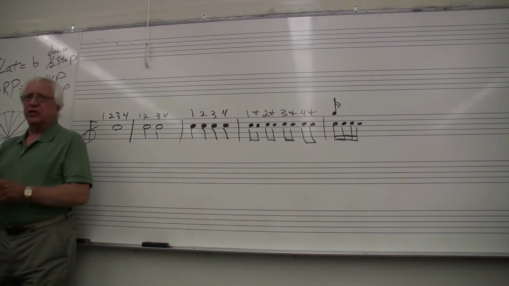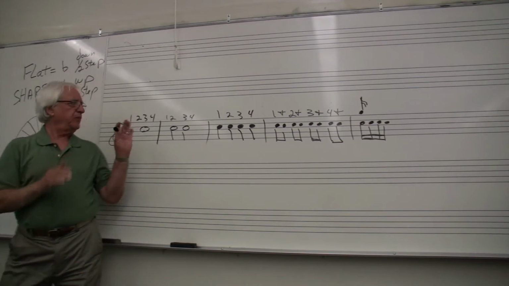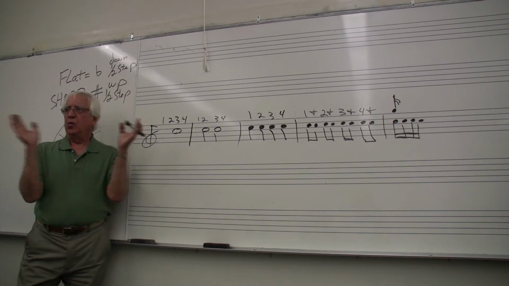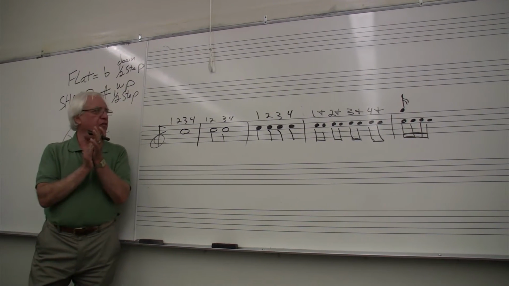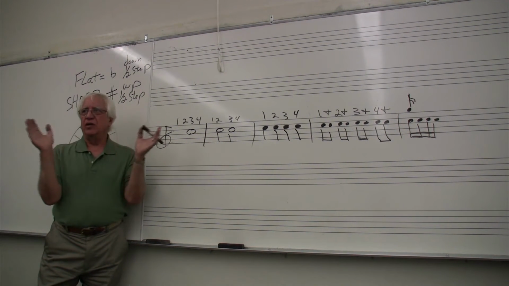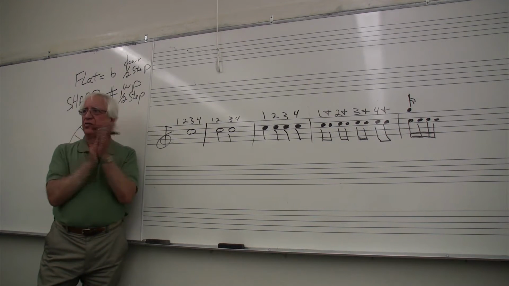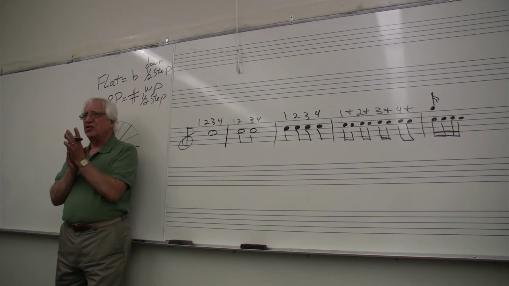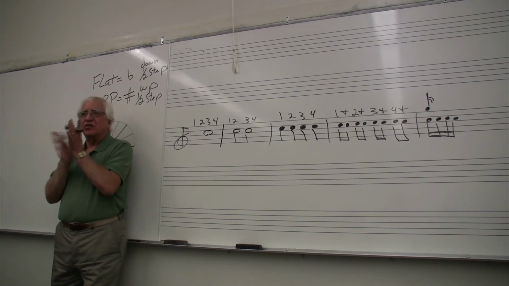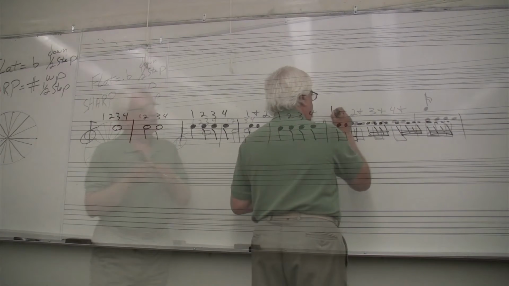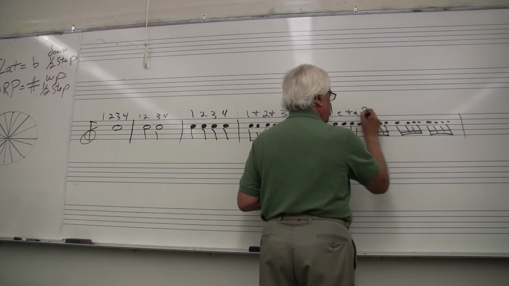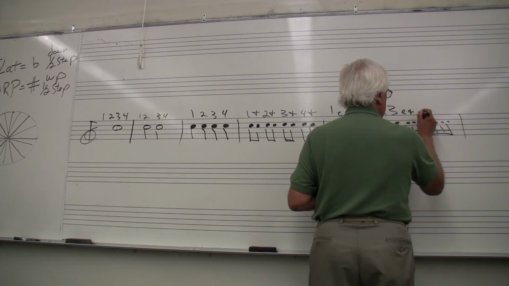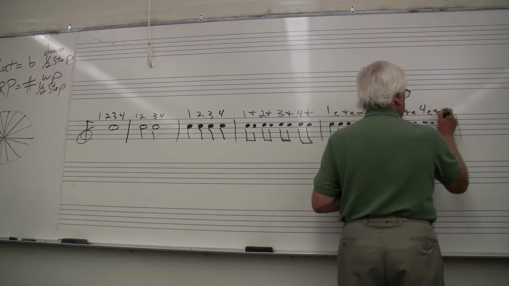So if I was counting and trying to read this, I would read this like this. 1, 2, 3, 4. 1, 2, 3, 4. 1, 2, 3, 4. 1 and 2 and 3 and 4. That would be the 16th notes. 1 E and a 2 E and a 3 E and a 4 E and a 1 E and 2 E and 3 E and 4 E and